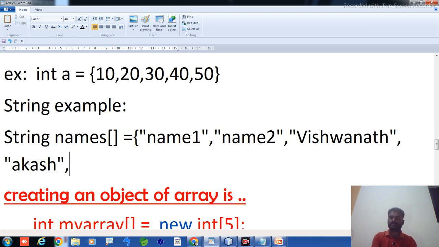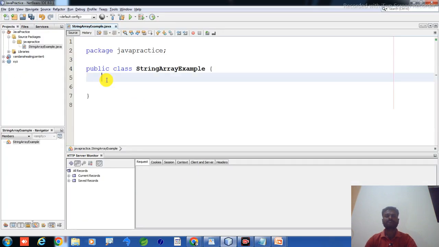But how to call this one using an array? Let's see the example in the NetBeans IDE. I am going to create one example of string values storing names as an array type. Open the curly bracket, close the curly bracket, and end with a semicolon. Inside double quotation marks we have to add names. What names will I add?